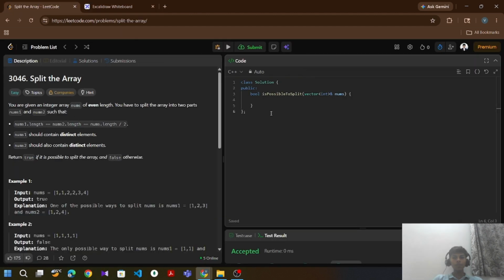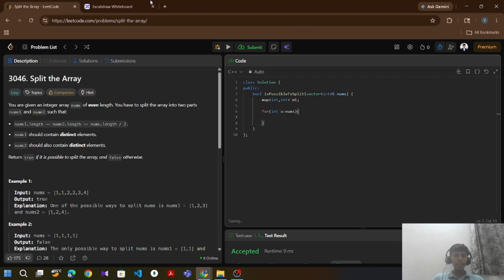Let's solve the question. In this code we use a map, which stores key and value, which is m1, and we take a for loop, which is int x in nums.